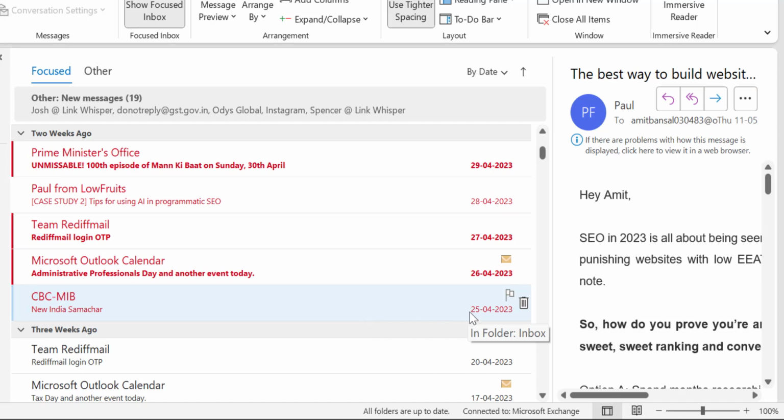That means this email was received 20 days ago from the current date. And the next email is 20 April 2023. That means this email was received beyond the 20th day. That means in my conditional formatting, I only wanted to highlight those emails which were received within 10 days